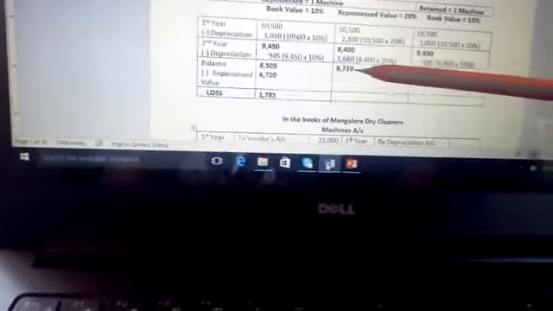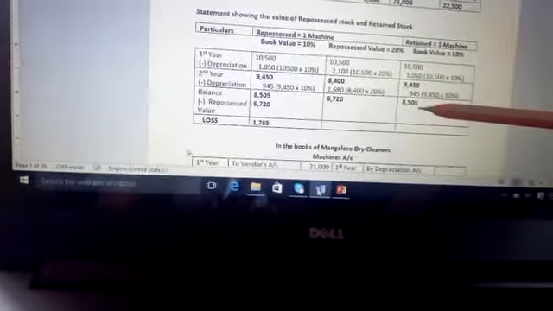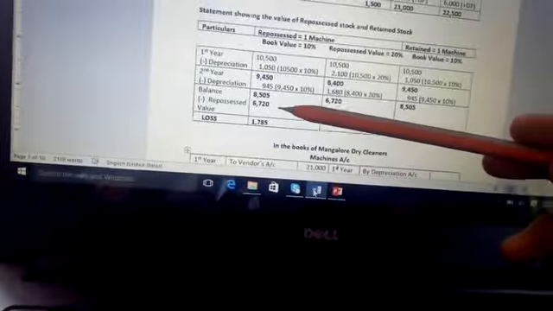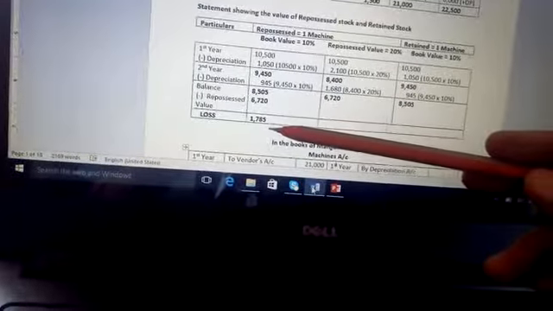But according to the hire seller, his calculation shows that the value of repossessed stock is 6,720 and the value of the retained stock is 8,505. So these three figures are very important. Yes, as there is a difference in the balance maintained by the hire purchaser, that is 8,505, and the hire seller, 6,720, there is a loss to the hire purchaser on repossession to the extent of rupees